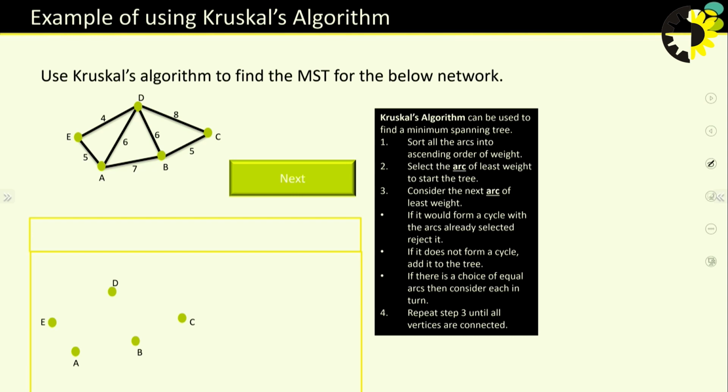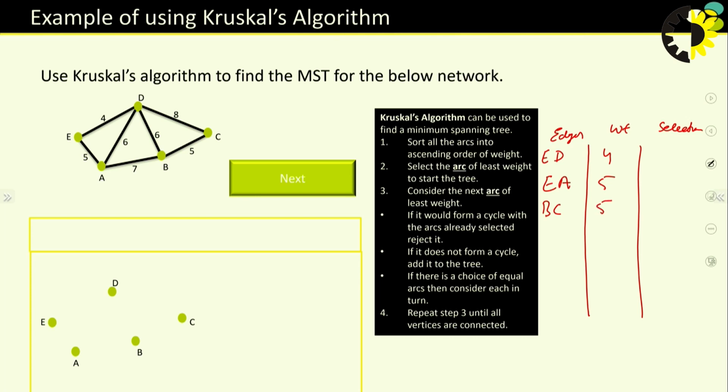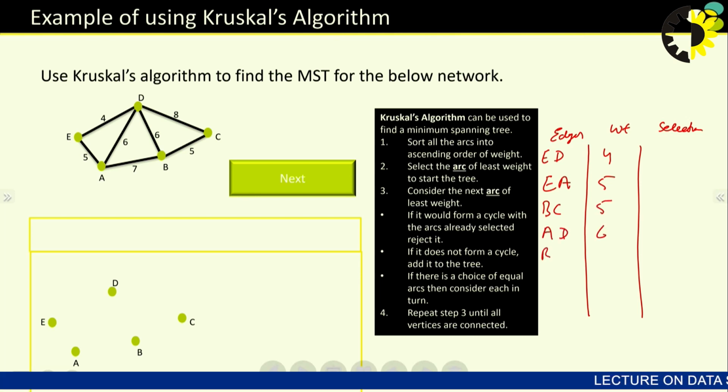Suppose that minimum value, edges, weight and selection. The minimum weight for the edges is ED, 4, then EA 5, BC 5, then AD, then BD